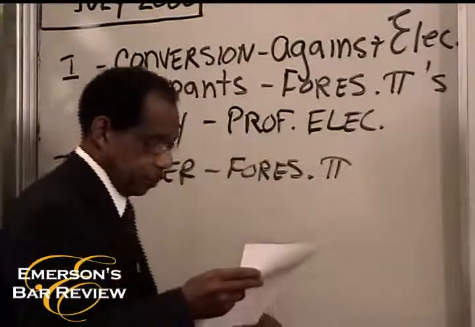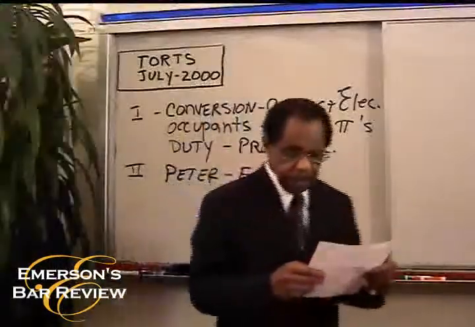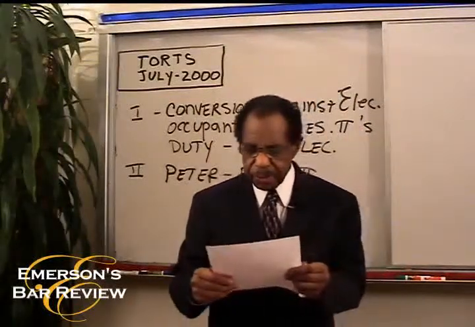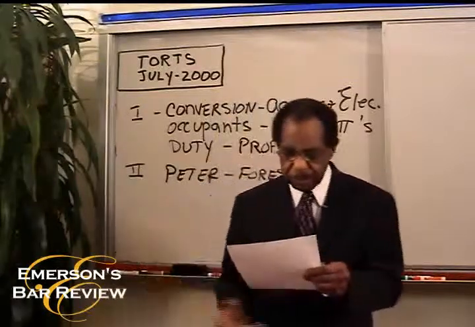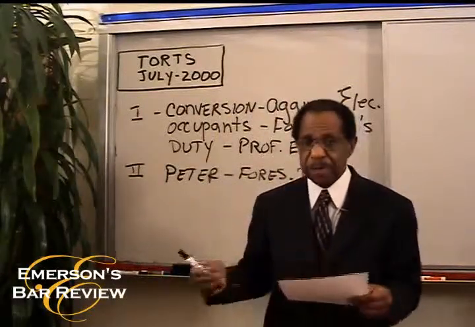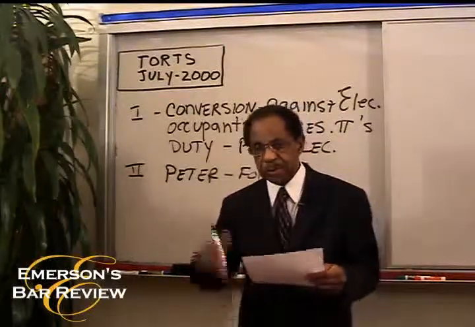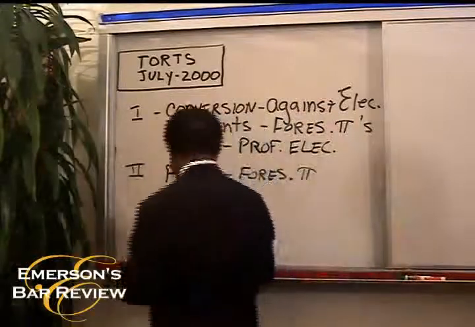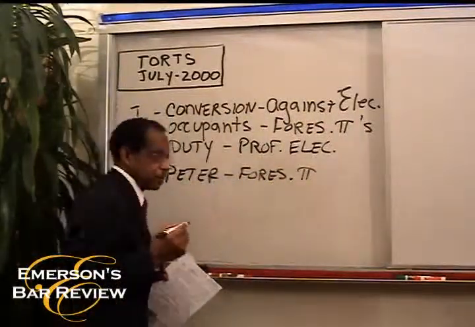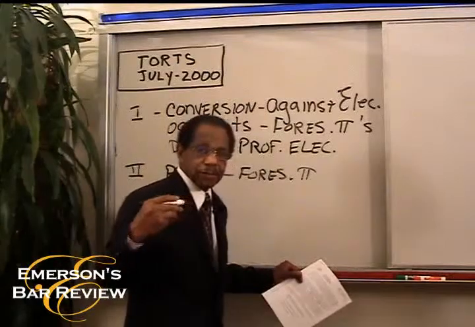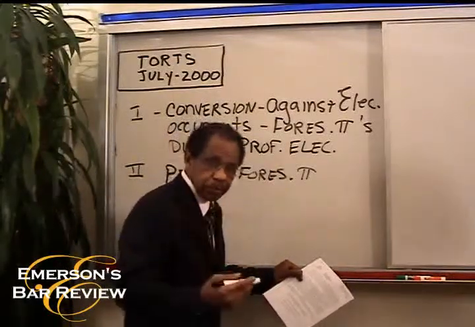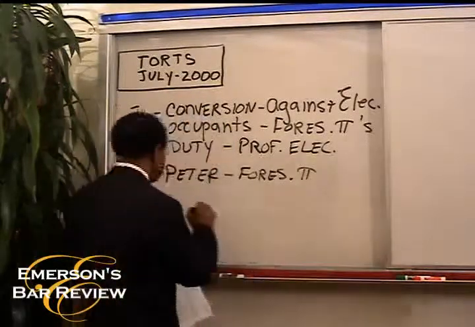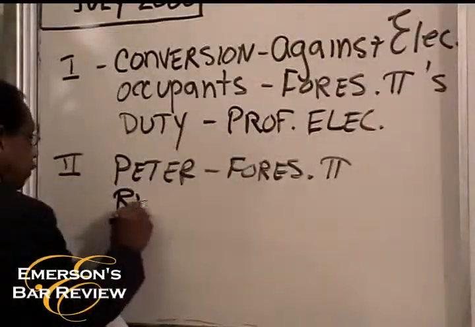Next. In the building, he, that is Peter, has an extensive computer network that he uses in his business for providing advanced computer services to local commercial enterprises. So he's got all these computers there. You see damage to the computers coming up. Peter has been in the business for 10 years. If Peter has been in the business for 10 years, that means that we have a good track record. So when Peter has to close his business for a few weeks, we have good business records to show how much loss of income he has. So we have good records